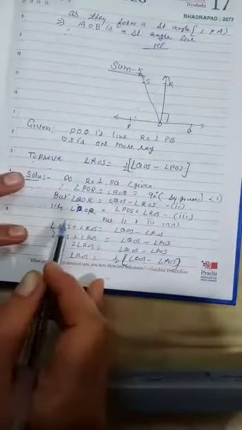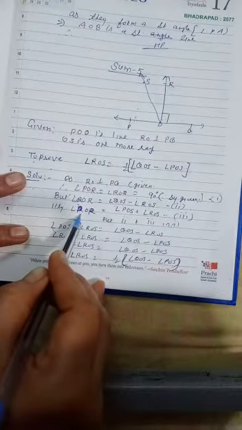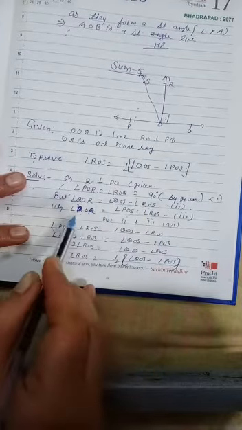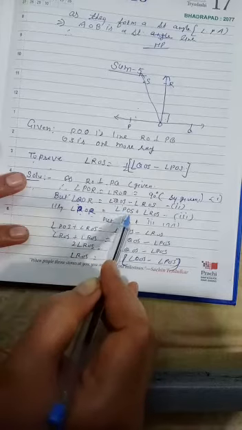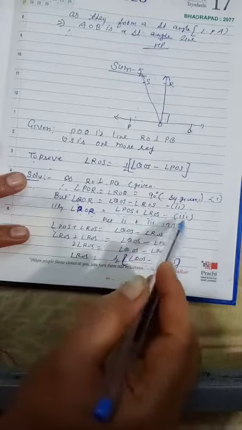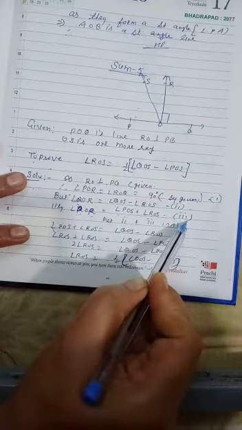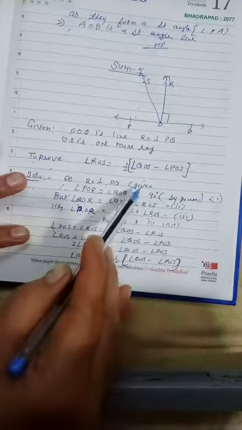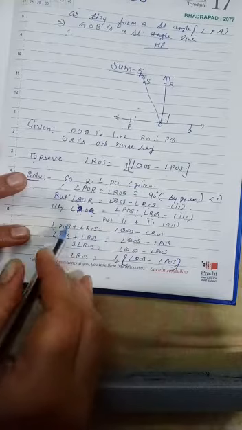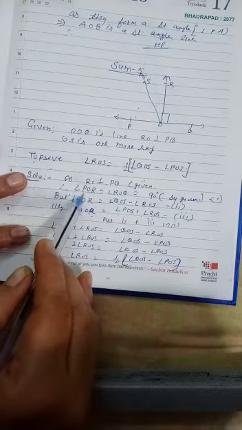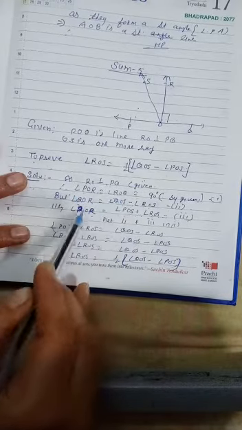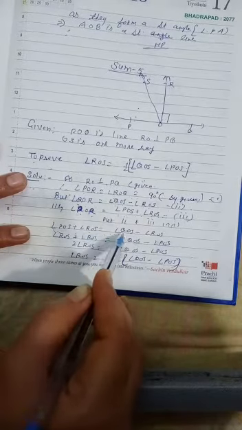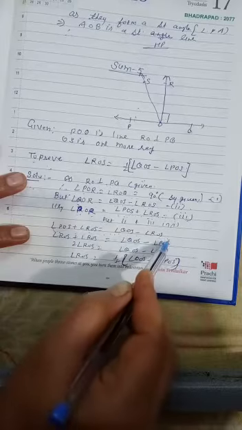So I have just changed my angle in the form of POS and ROS, or QOS and ROS. So angle POR can be written as angle POS plus angle ROS. Label it as 3. Now put this second and third value in the first. So our first equation, that was POR is equal to ROQ, will become POS plus ROS is equal to angle QOS minus angle ROS.